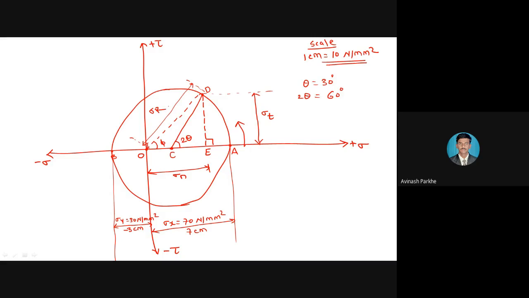So what is the difference between this problem and the previous problem? In the previous problem, both the stresses are positive, so you got all the diagrams at the right side of the origin. But here sigma y is negative. Therefore, somewhat of the diagram will be generated in the negative region also. But don't worry about the negative regions. Only follow the procedure. Represent points A, B, take the center point, draw the circle, represent the 2 theta. Then you will get the point D. From this D point, draw a vertical line. You will get new point E. Join the OD by the dotted lines. And then measure all the important dimensions.